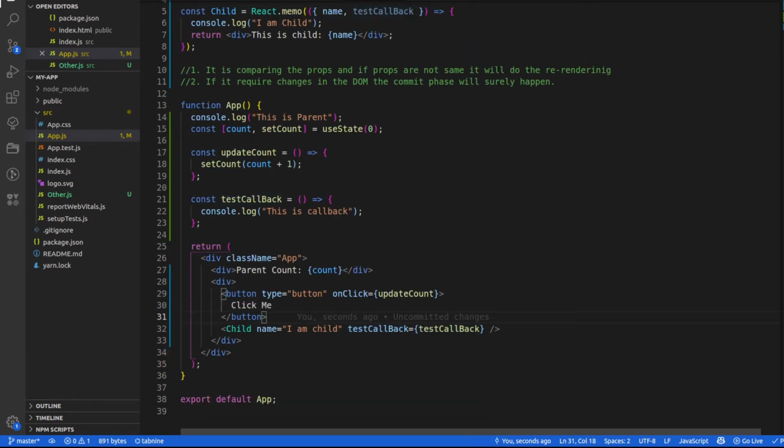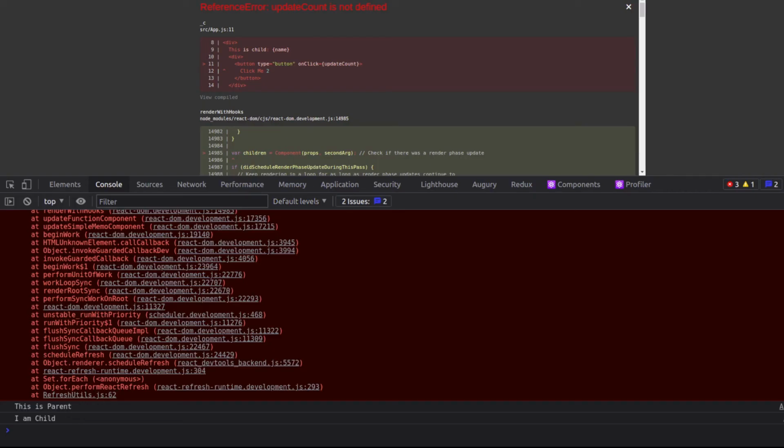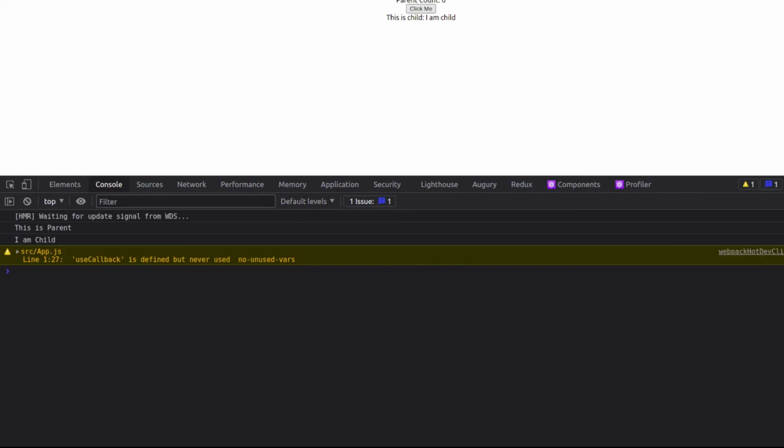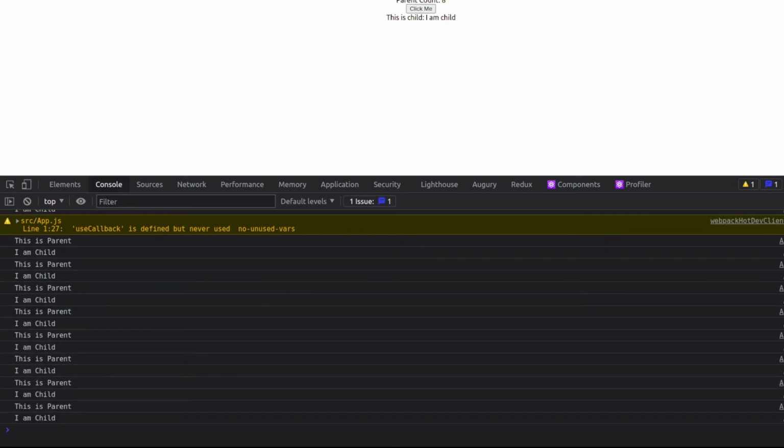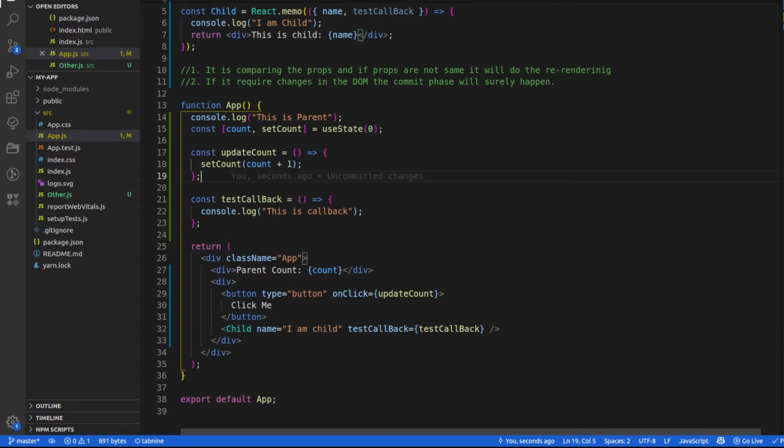Right now, if I show you the exact code base, you will see that it is calling 'I am child' every time I'm clicking the click me. Why is this calling it? Because this is the method which is passed as a prop, and I have already mentioned that whenever you are passing a method, it is going to get re-rendered due to the referencing that we have in JavaScript.